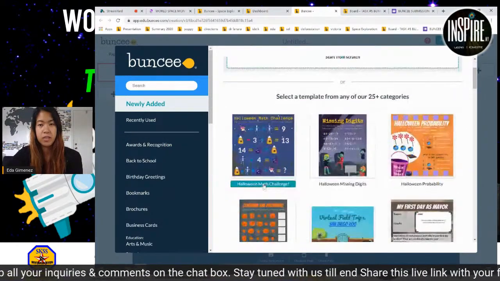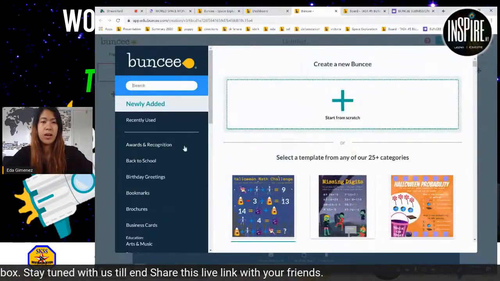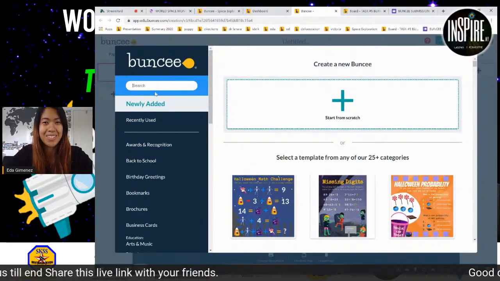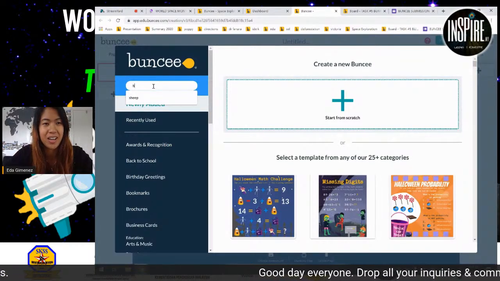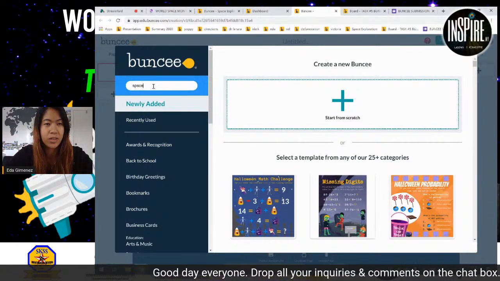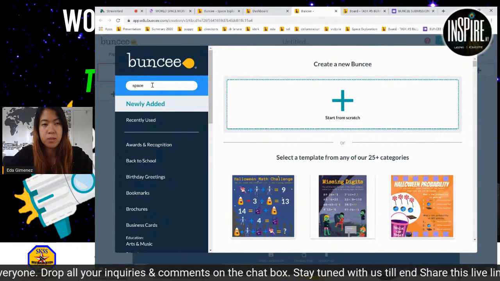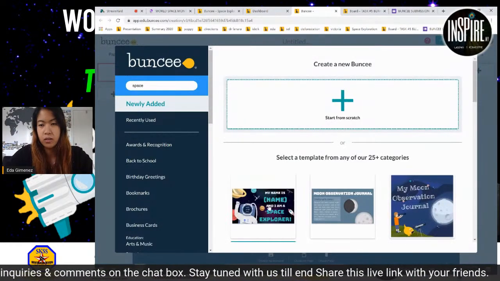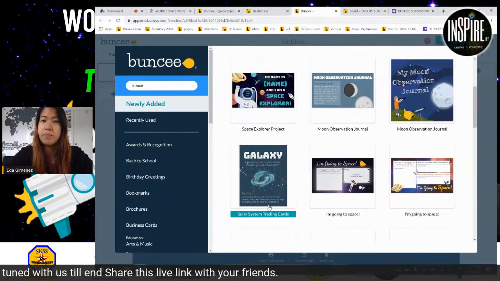So you'll be able to see this template screen. You could scroll right through to search, but we do have some space templates handy for our students as well as for you as a teacher if you'd like to get started. So if you search space right over here in this little blue rectangle, you press space, you type space, you press enter. You'll notice that there's a lot of different space activities that you can actually already build off of